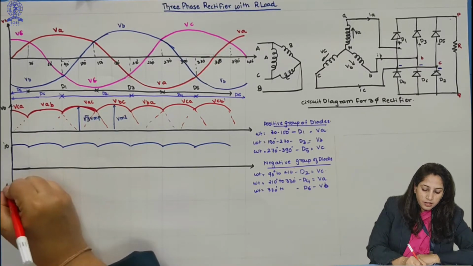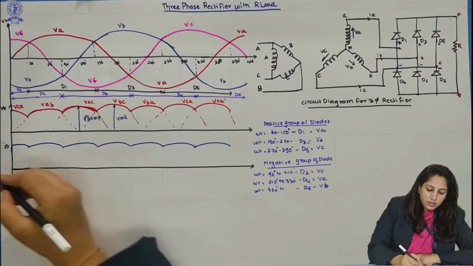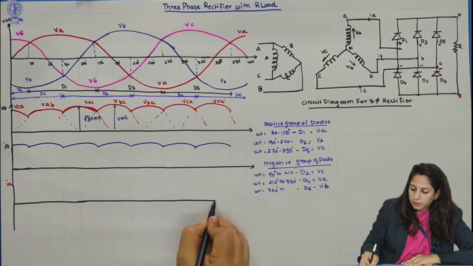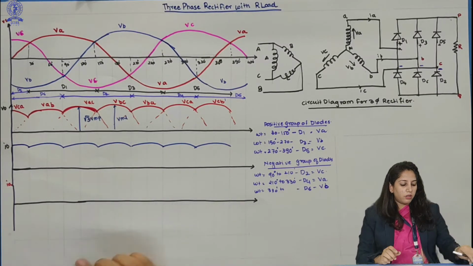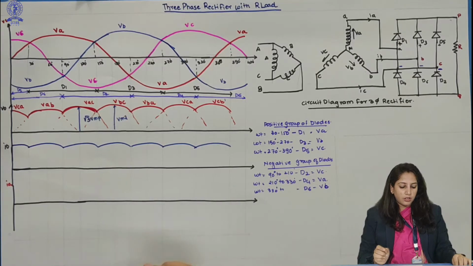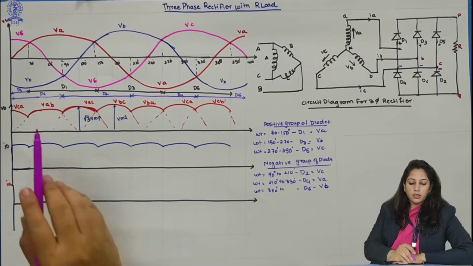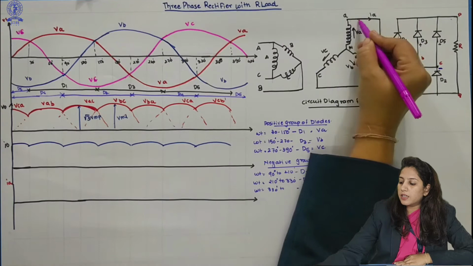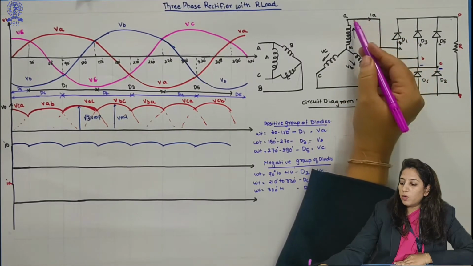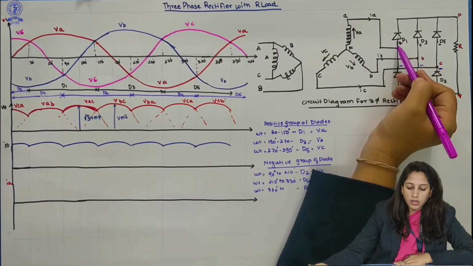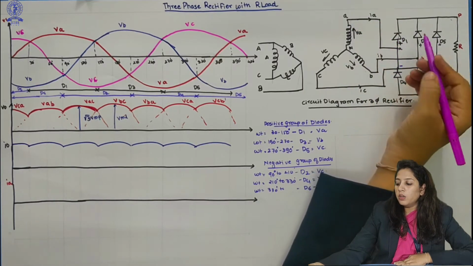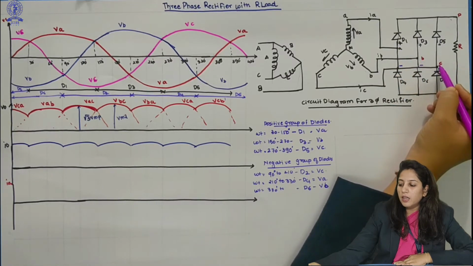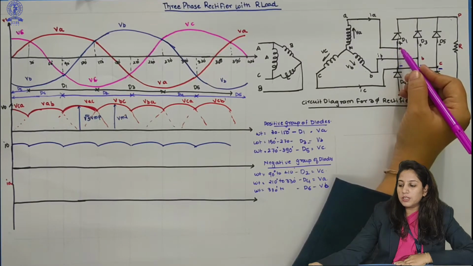Now we will see the current IA across this winding A, and how this current will flow. This will make more clarity in the picture. For example, starting from 0 to 30 degrees, we will see this current IA. Only this current, not IB or IC, so we will only focus on IA. This IA current will flow whenever the voltage is with respect to A. Whenever the voltage is with respect to B and C, there will be no current, or less current, flowing through A.